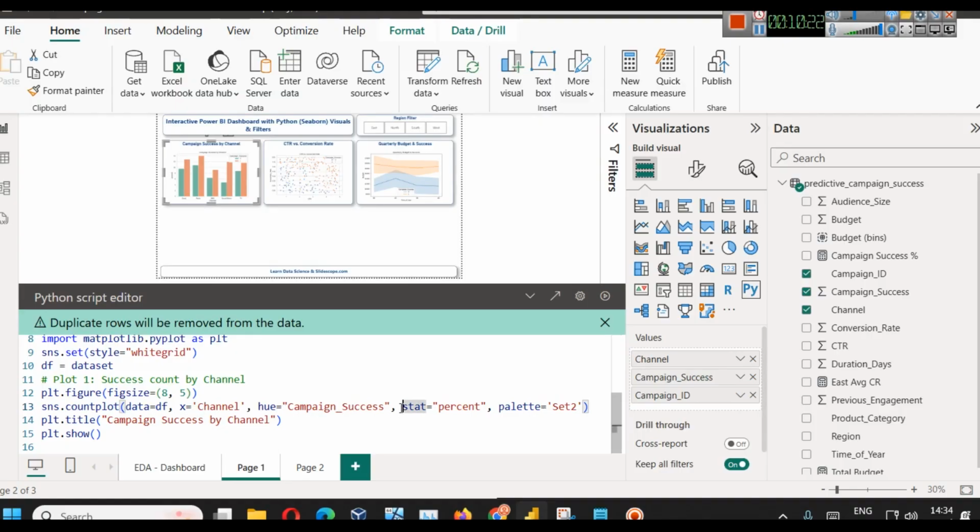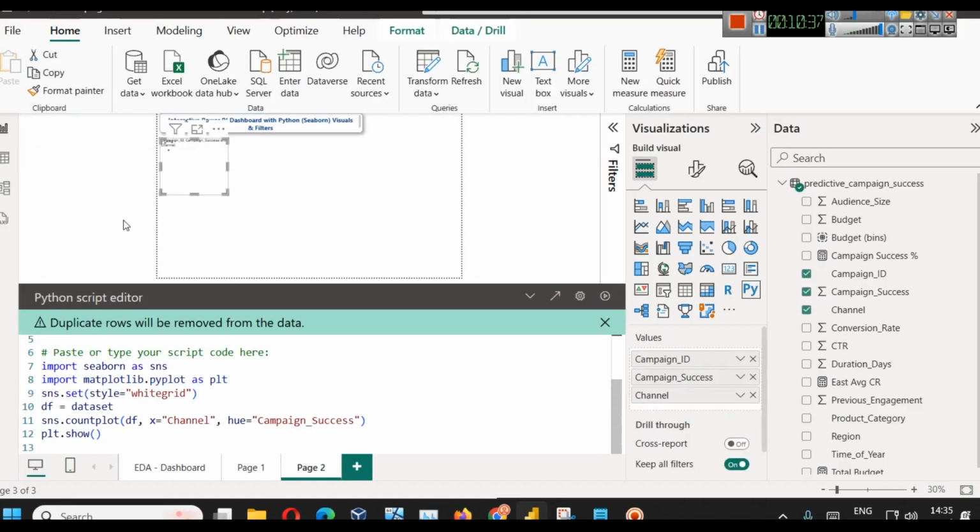Then you can also show it like stat is equal to percentage. Okay, so you can use that as well, or just use palette. I will provide you all this code. You can also give some size to your visual. So for example, here we can use palette is equal to set to,